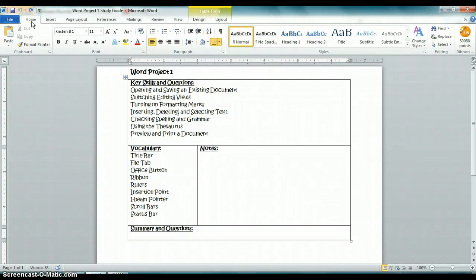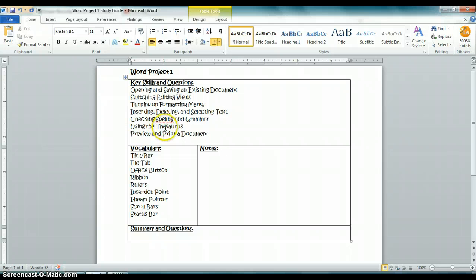Okay, let's talk about some of the spell check features that are built into Word. So by now you probably have realized that when you're typing, if you type the incorrect spelling, Word underlines that in a red squiggly line underneath of the word, indicating to you that it has been misspelled. So you can use spell check, and if you have misspelled a word, let me misspell a word here for